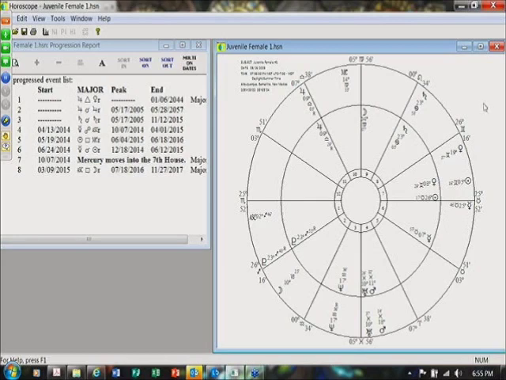Now, step number 6 is note the house actually occupied by the planet ruling the sign on the cusp of each house. Rather than going back and doing this twice, when I read a chart, and we'll do an example of this tonight, only with you participating, we'll go from house 1 through house 12, combining these steps, 5 and 6. Now, if the planet ruling the sign on the cusp of a house falls in another house, we say that that house where it falls, or where it is